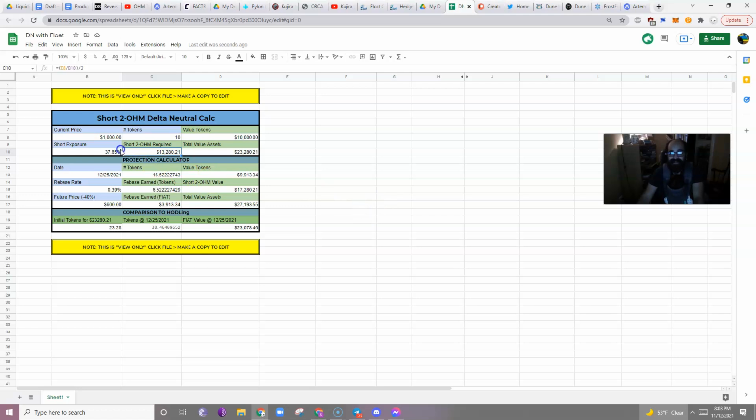Now you'll notice this is more than the full value of your tokens. It's kind of a bummer, but that will give you full exposure, full coverage to downward price mobility. And you can see that in the projection calculator. So if we look into the future, right, actually let's just look at it right now. So if you did that,